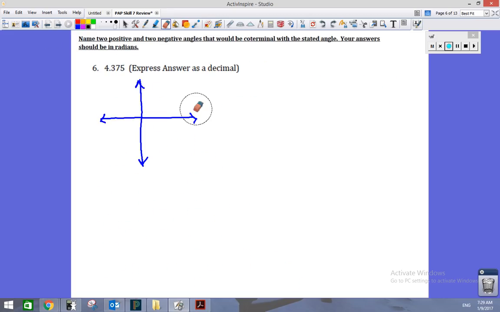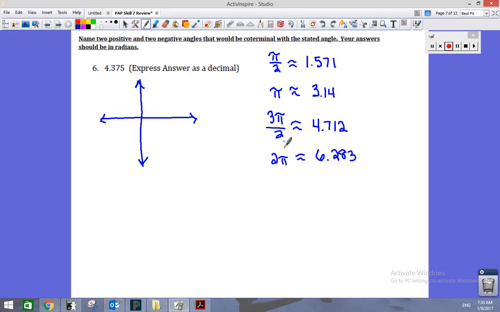But here in this problem, I don't have a denominator, I just have a decimal number. So if you'll notice in the last problems, I started out by drawing the angle in standard position. And here, 4.375, you may not be familiar with what quadrant that angle is going to lie in. So what I need to do is get decimal approximations for pi over 2 radians, for pi radians, for 3 pi over 2. I know it's going to be less than 1 revolution, 2 pi, because pi is about 3.14, and if I double that, 6.28, this 4.375 is less than that. So on this next slide, I just wrote my decimal approximations so that I can see that this